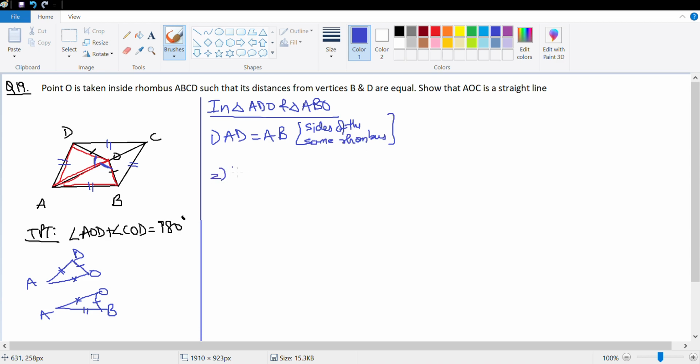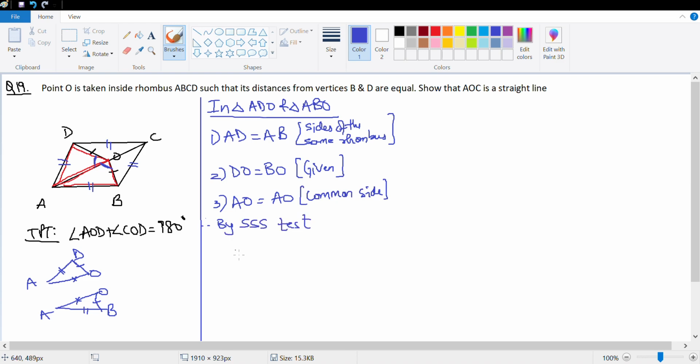Number two, DO is equal to BO. This is given because it says that this point is equidistant from vertices B and D. And number three, AO is equal to AO. This is the common side. Therefore, by SSS test, triangle ADO is congruent to triangle